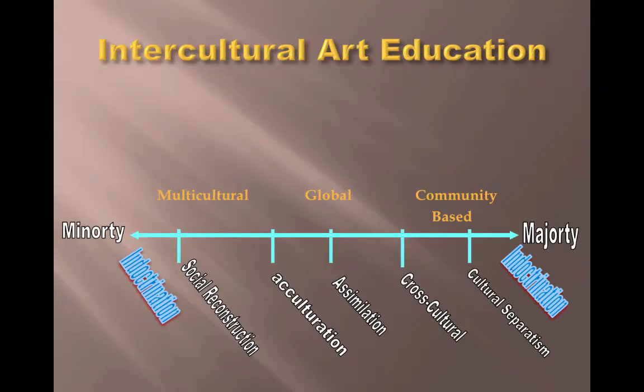On a grid, on a continuum, you can see the three models. On the right, there's community-based education, a more conservative approach. Global is in the middle, and multiculturalism is more on the left. When I say minority and majority, what that means is that your classroom, let's say we're dealing with a Native American population, is 95% Native American. And so I would look at that and I would be teaching them accordingly.